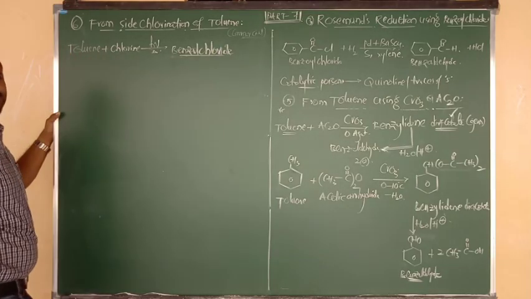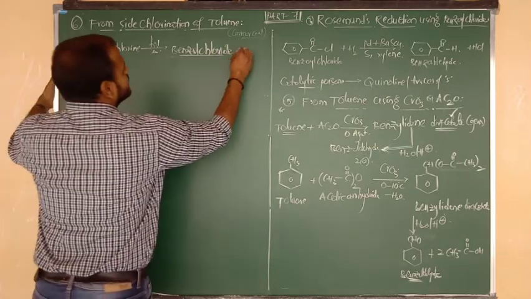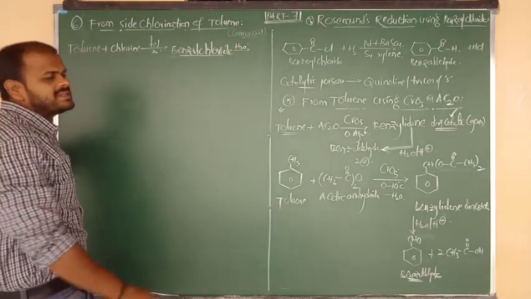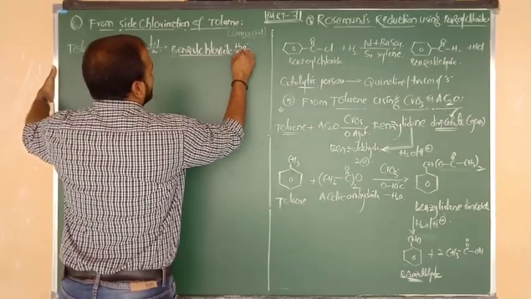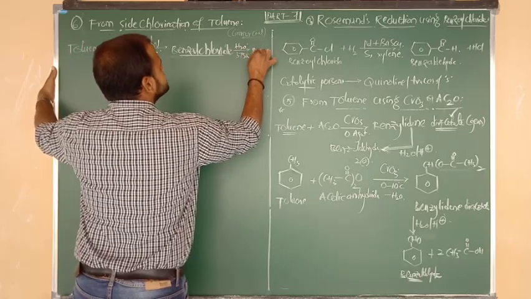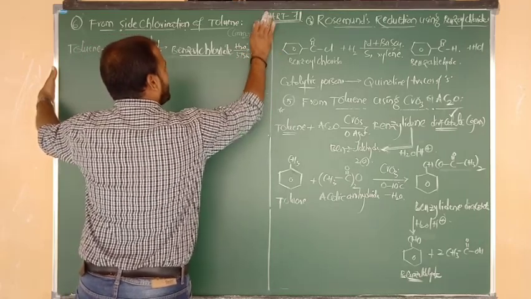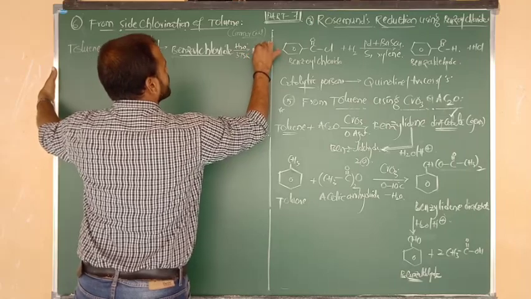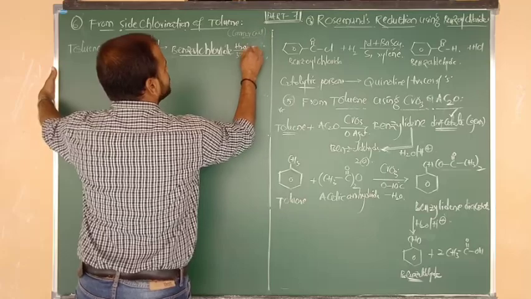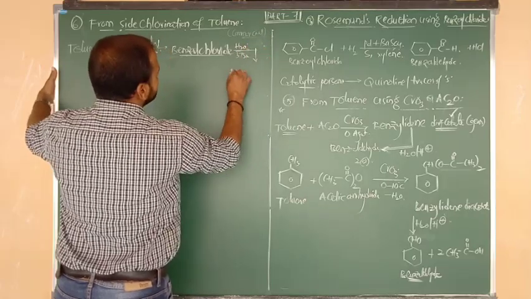Benzyl chloride. Okay now. Such benzyl chloride simply undergoes hydrolysis in aqueous basic medium, no problem. And on heating at temperature 373 Kelvin, you are going to get the product, which is nothing but benzaldehyde. What is the product you are getting, beta? Again the same thing, here also we get benzaldehyde.